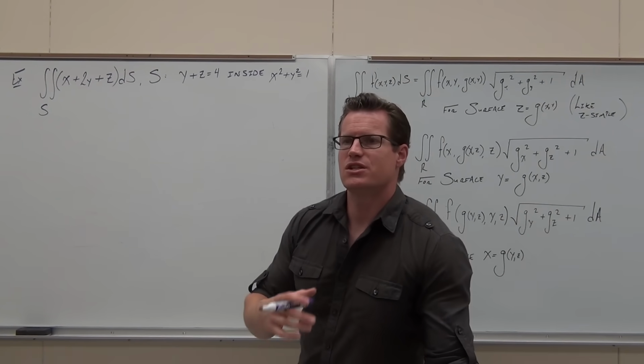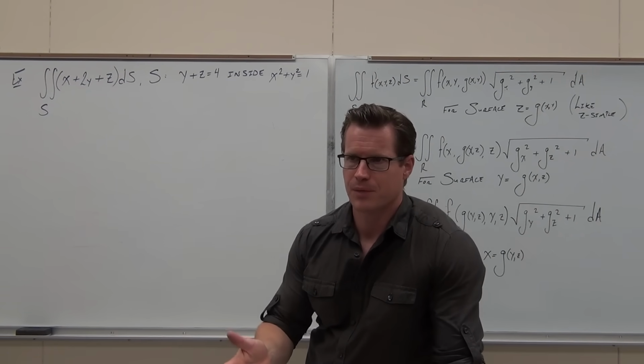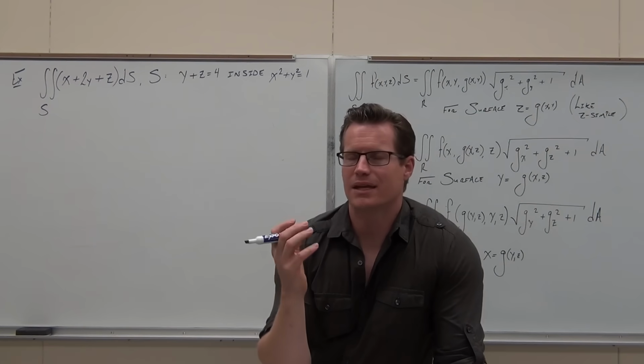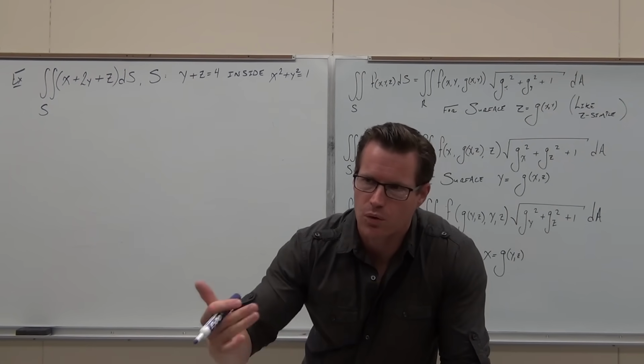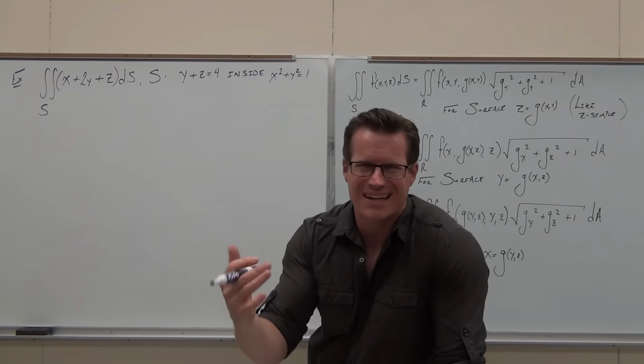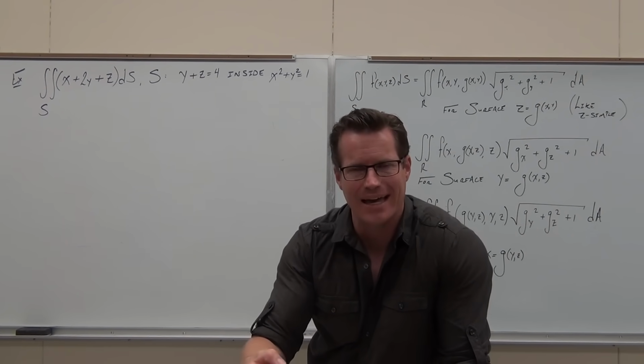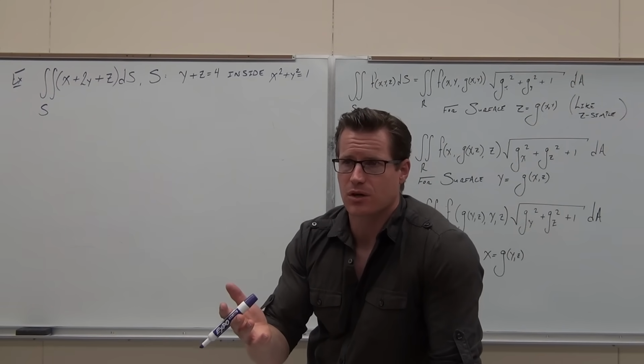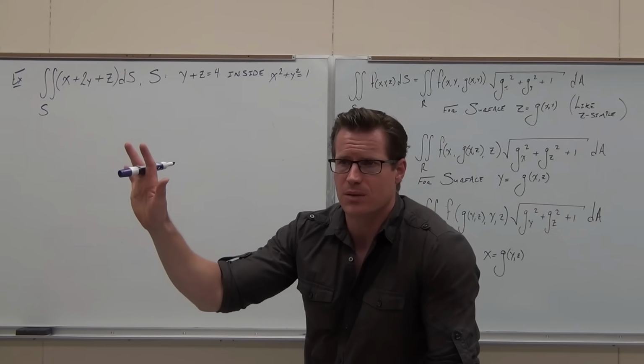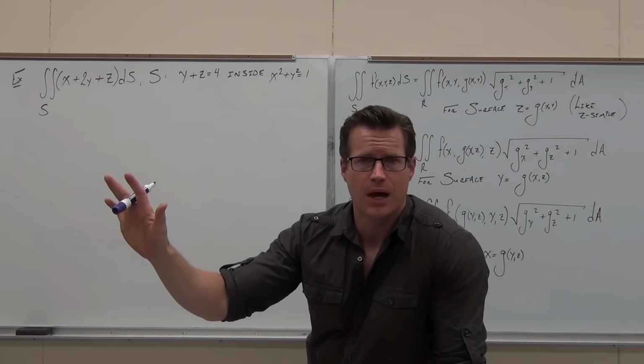What would the easiest variable be to solve for? Just like z simple, though we're not doing a triple integral, but kind of like that, or x simple, because we're not doing a triple integral, but kind of like that. Let's look at the variables that would be easiest to solve for. Let's knock one right off the table. Y. I would not want to solve for